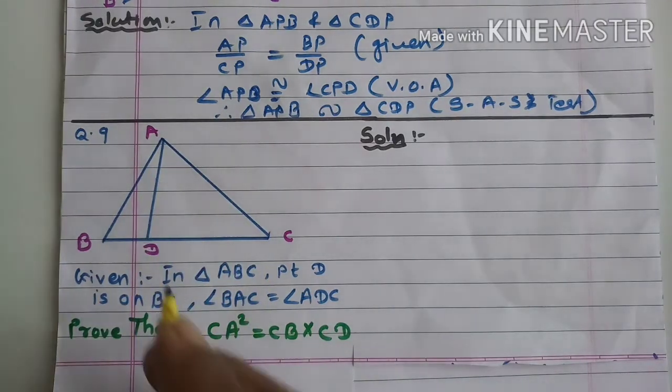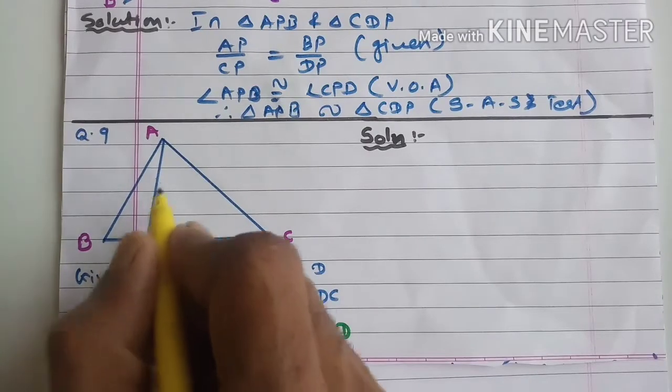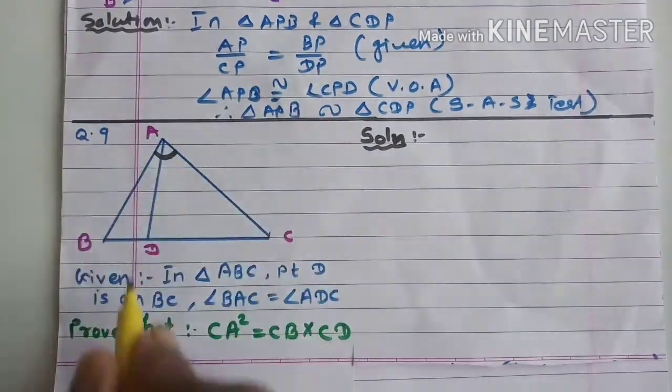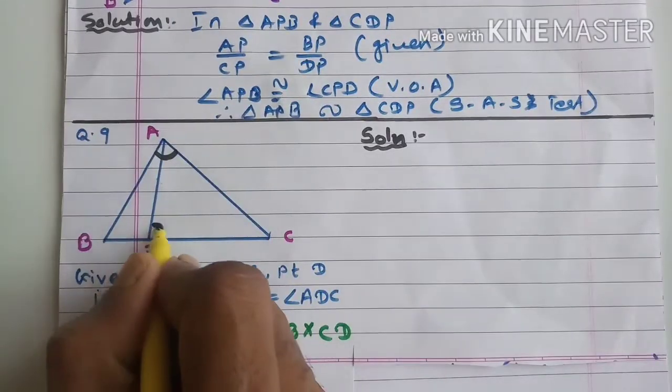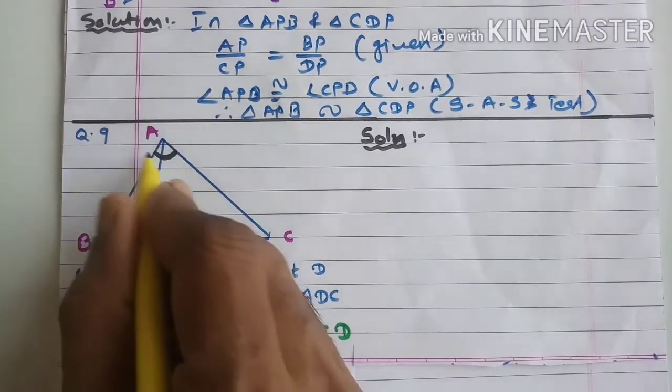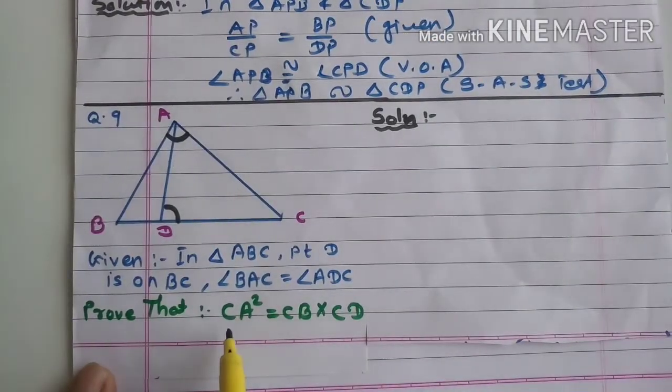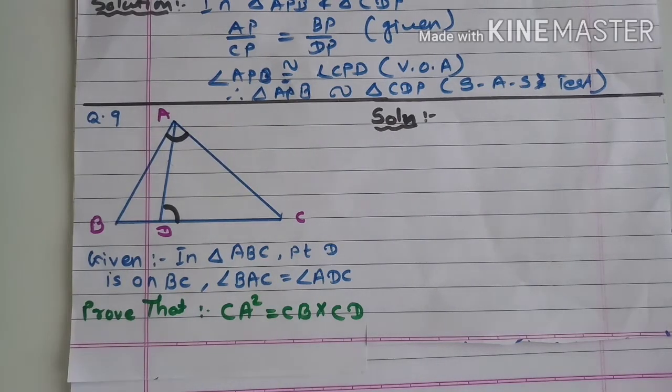Now once again, which two angles are equal? BAC, so this bigger one is congruent to this ADC. Both these angles are equal, and what we have to prove is that CA square is equal to CB into CD. So once again we have to prove two triangles similar, but right now in the diagram we have